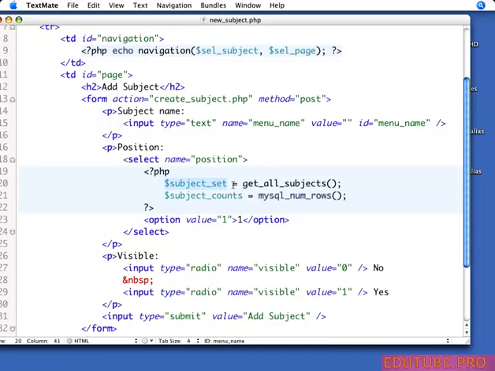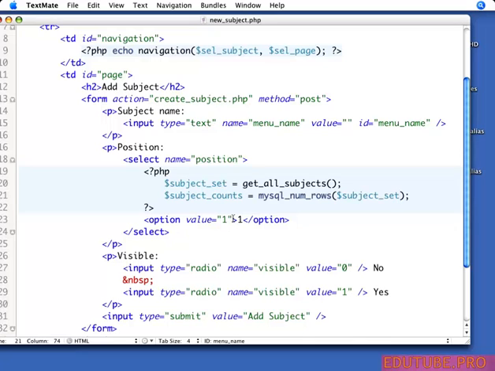Remember, in this case, we're returning a set of rows, a collection of a whole bunch of rows, not just a single subject. Be clear on that. We're returning a resource that has many rows in it. And instead of doing MySQL fetch array, we're saying, resource, tell me how many rows you have. So we're not actually looking at the content, because we don't care about what the content is at this point. We just want to know how many there are, and then we'll know how many of these option value things